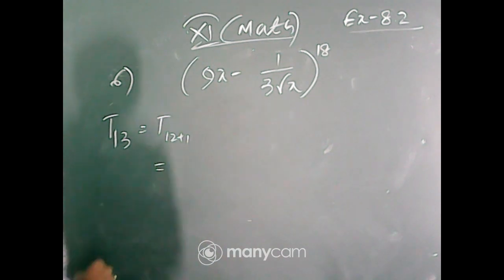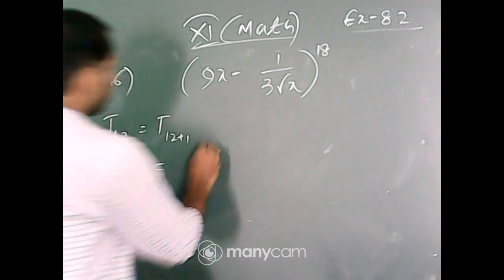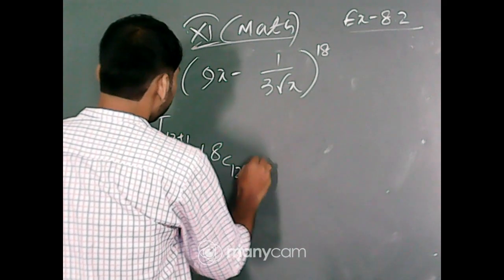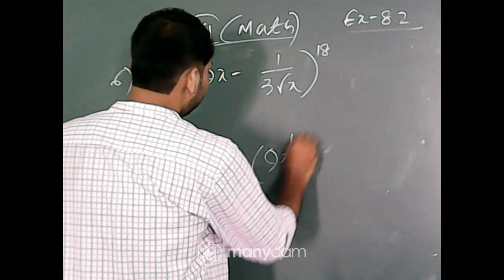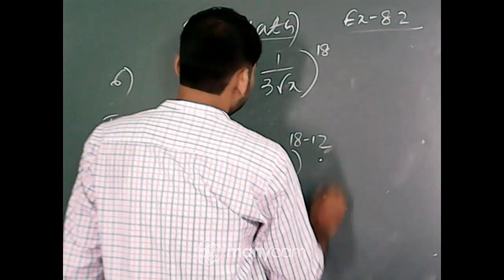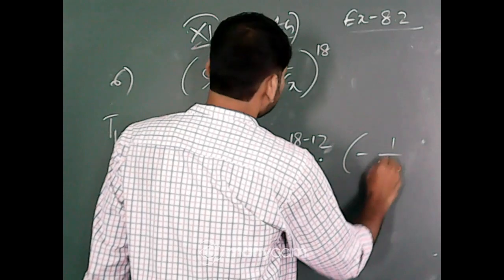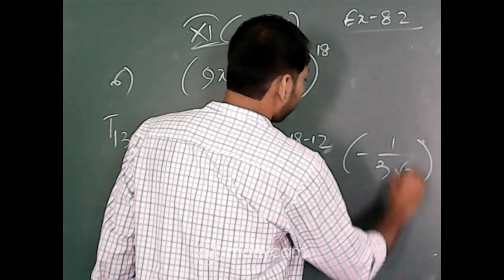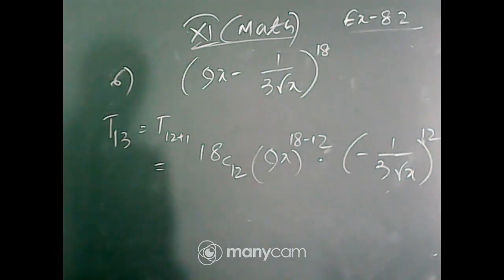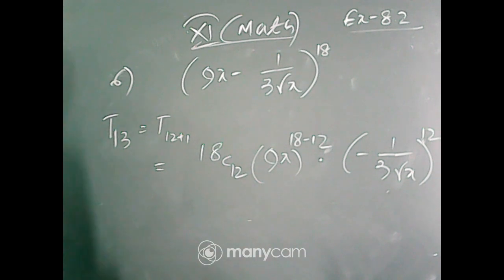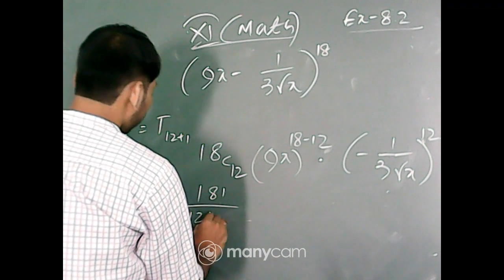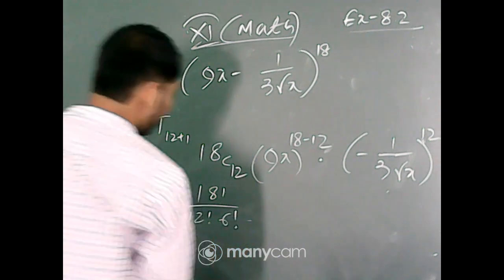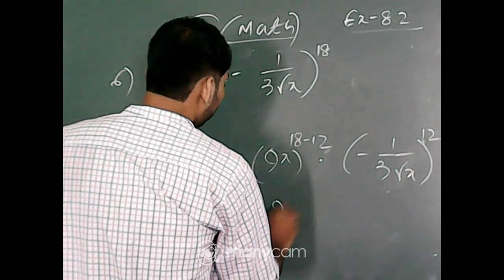So here the value of r is 12. So it will be 18C12 into (9x) to the power 18 minus 12 into (minus 1 by 3 root x) to the power 12. So it will be 18 factorial by 12 factorial into 6 factorial into 9 to the power 6 into x